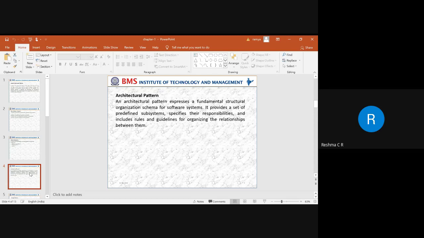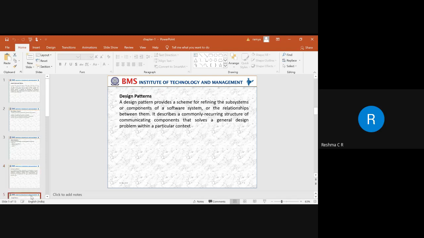So when you say different subsystems, what are the different subsystems that are there? That we need to identify. Okay, so after identifying that, based on the rules and guidelines, whatever software components are there, we need to try to create a relationship between the components. Based on those components, we need to try to identify the solutions.